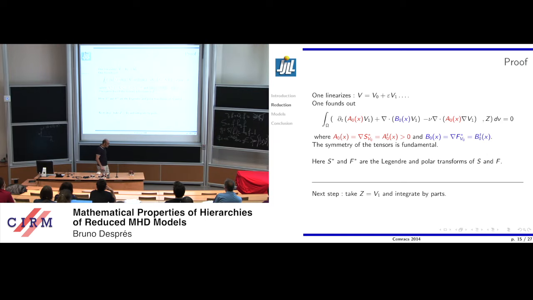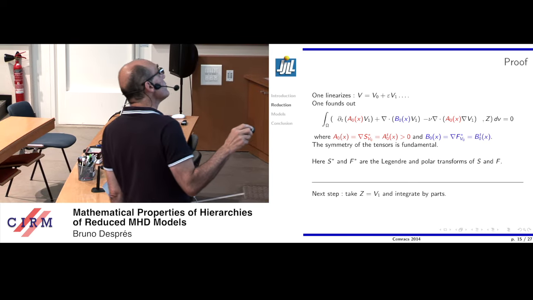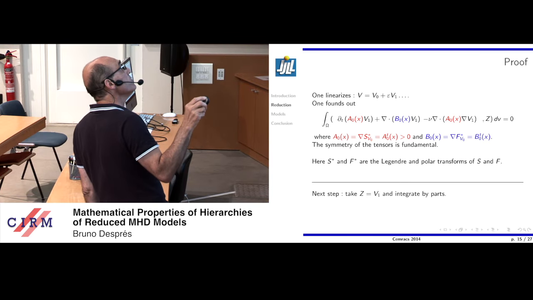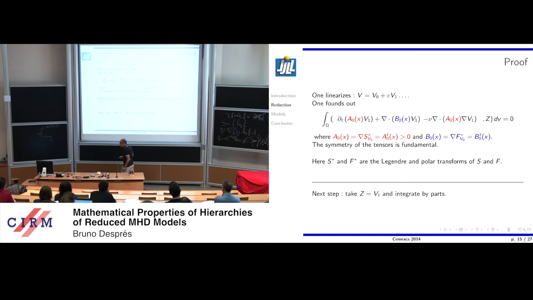I just want to show you the structure of the proof. It goes back to Godunov actually. You linearize the equation around the stationary state. The good thing is that since you have that potential representation of everything, this matrix or tensor and this other matrix, which is also a tensor, are all symmetric, and this is where you really gain from using that theory. Then once you linearize the equation, where everything is linear, you can take z equal v1 because it is admissible, and you will get, of course, a quadratic form.